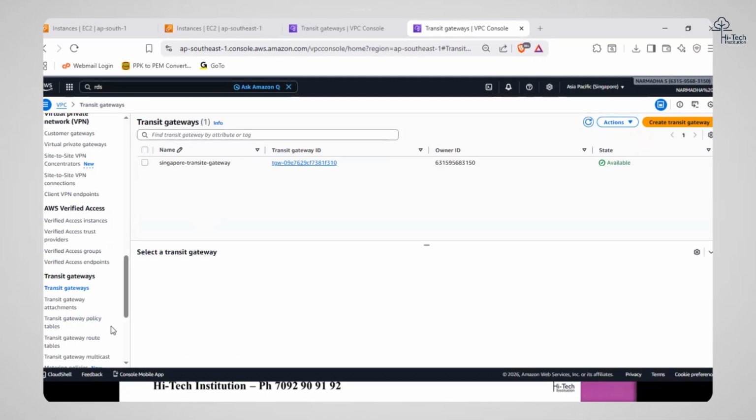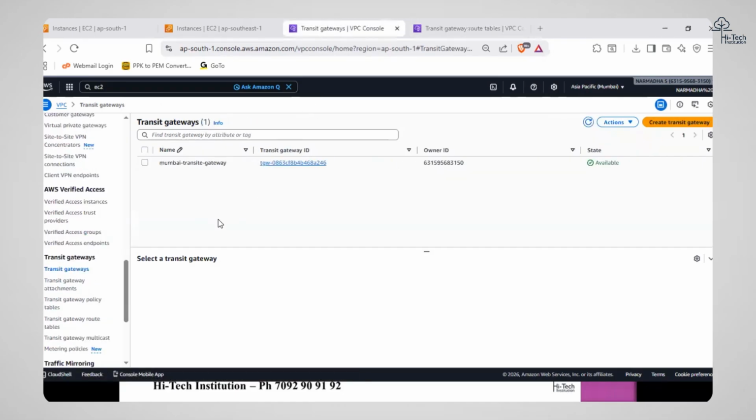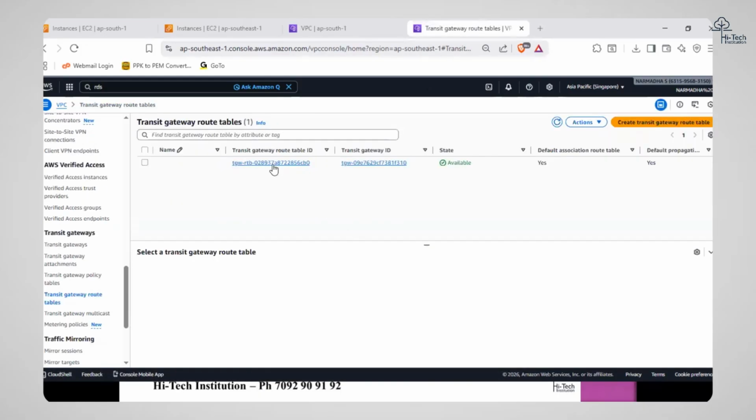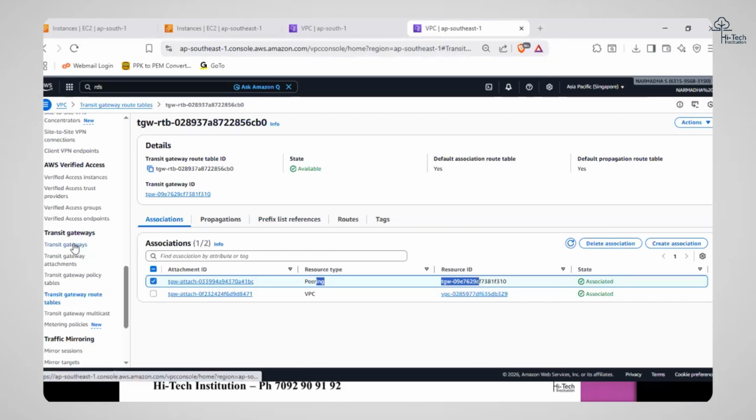If you ask me to show the peering, yes, of course. Here you can see transit gateway attachments and transit gateway route tables. When you go there, you should be able to see both route tables are available here. And here you can see the peering connection has been established. This is the current scenario.